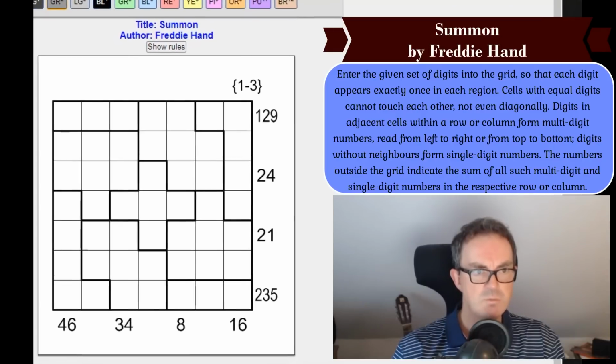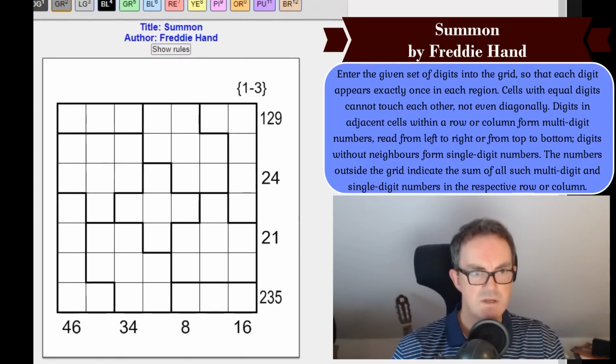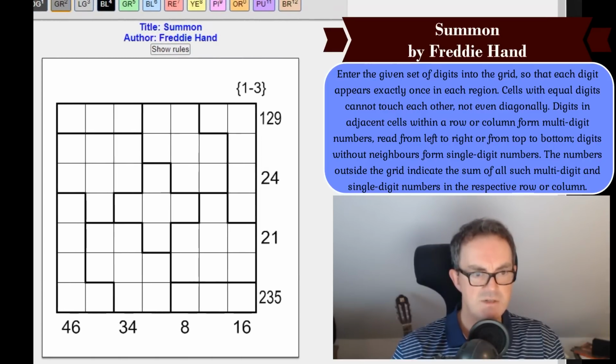Right, here's the real puzzle now. So I may get interrupted by a need to read Harry Potter, but I will try not to. Let's have a look at this then. Oh, this looks complicated. It's only 1 to 3 again. Okay, so